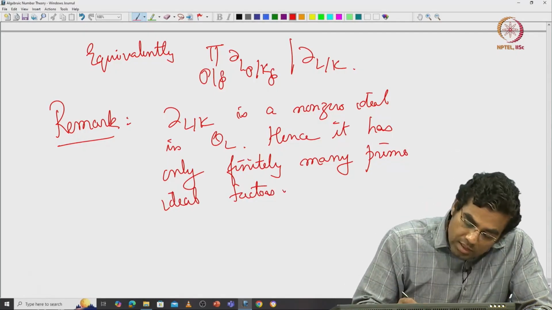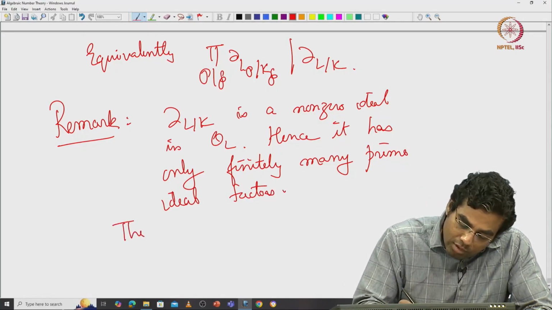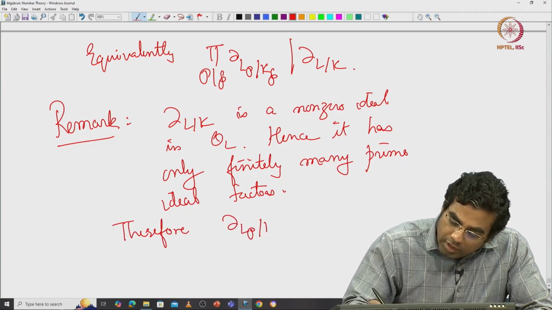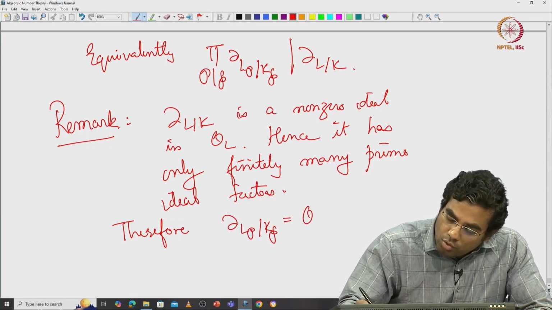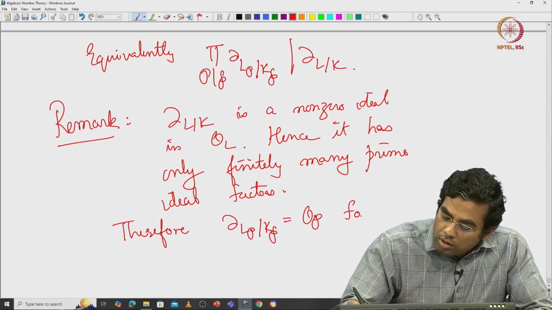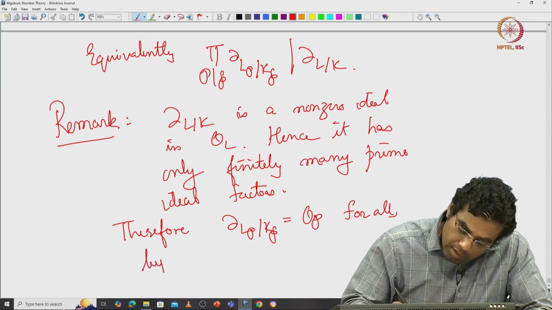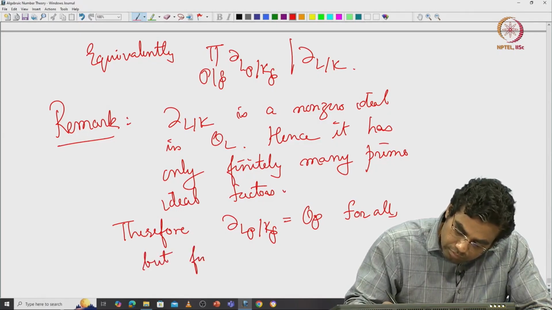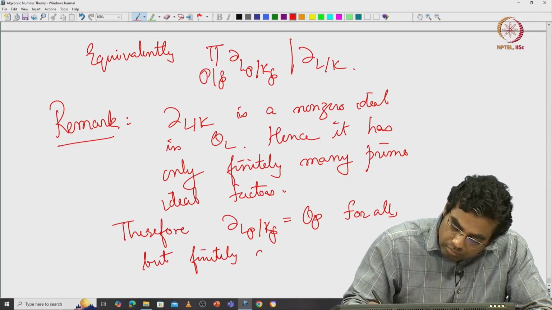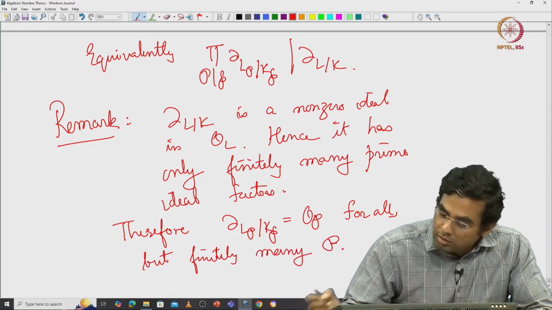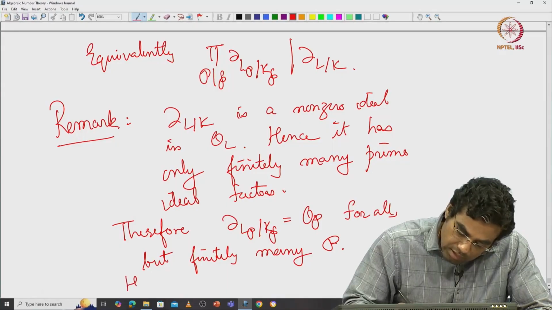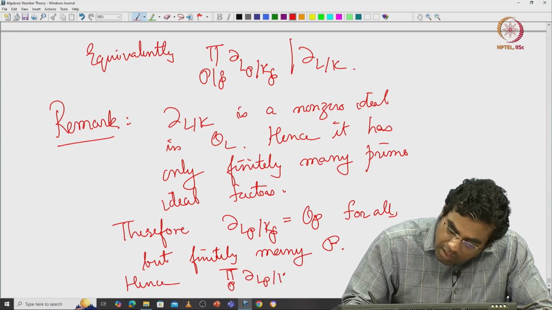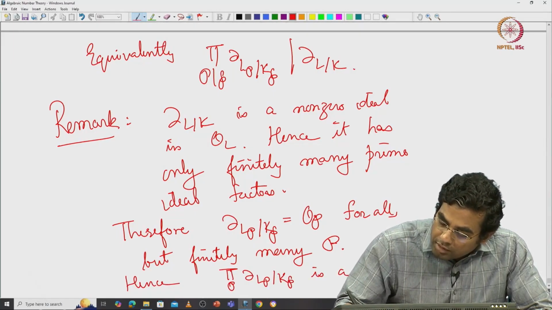This already shows, therefore, D_{L_P} over K_p is equal to O_P for all but finitely many P's. Hence, this product over all P of D_{L_P} over K_p is a finite product,